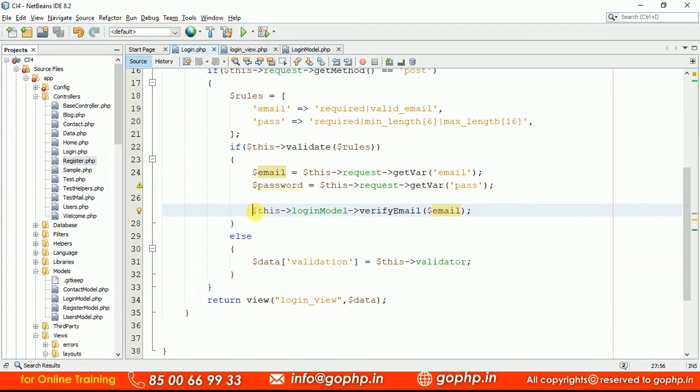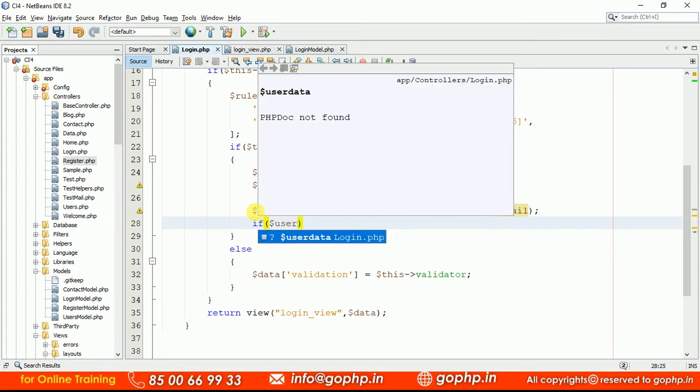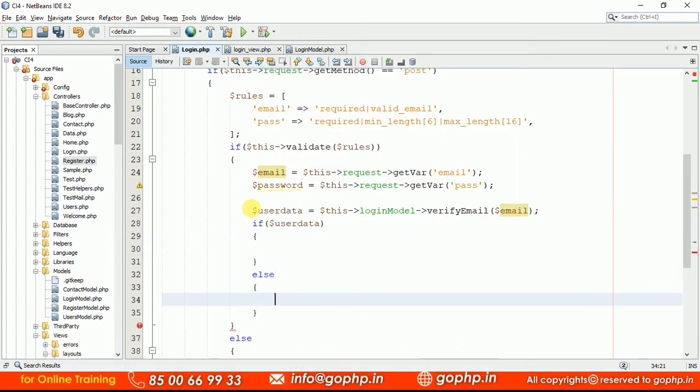If the email you entered exists in the DB, it is going to return the data. So here we are going to get the $user data if it exists. If it doesn't exist, we are going to get false, guys. Let us write a small condition here on $userdata. If it exists, we proceed; otherwise in the else block, we have to display a message saying that the wrong email ID was entered by you.